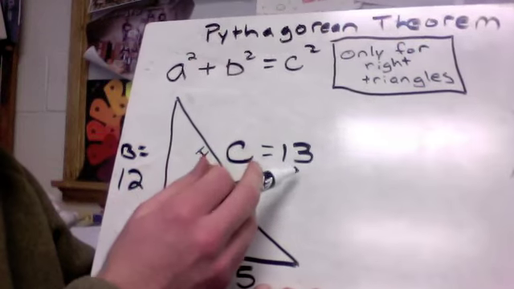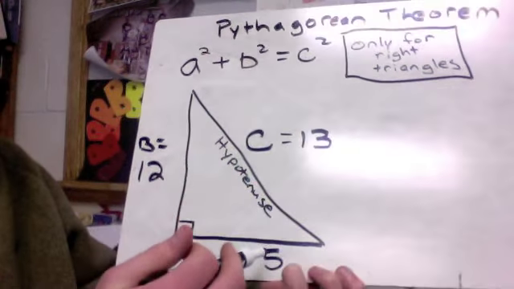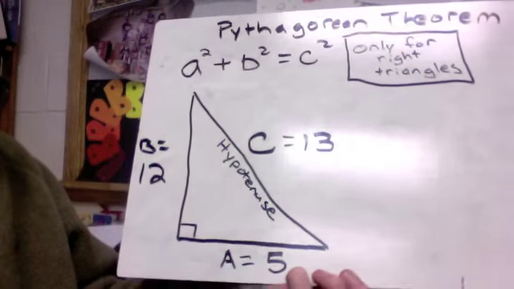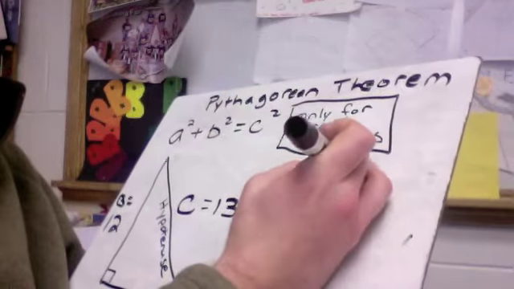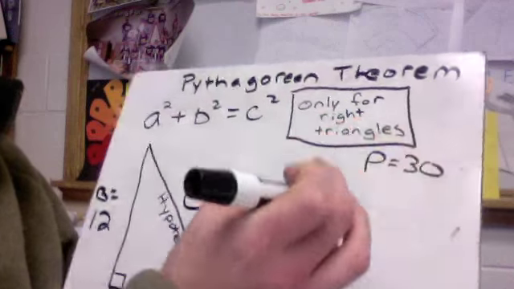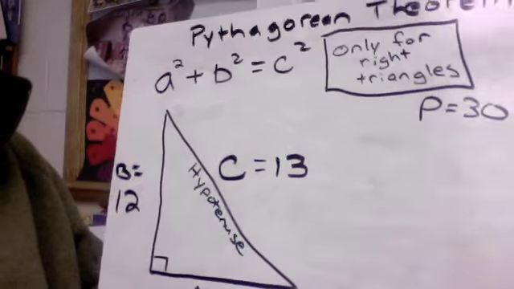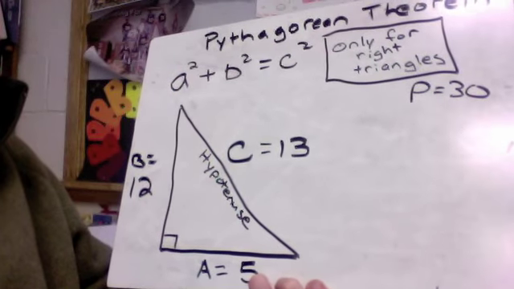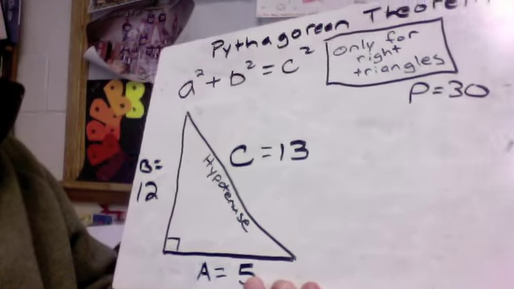So 12 and 13 here would be 25. 25 plus 5 would be 30. So the perimeter of this triangle would be 30. Piece of cake. Okay. Now, there's special situations with special kinds of triangles where